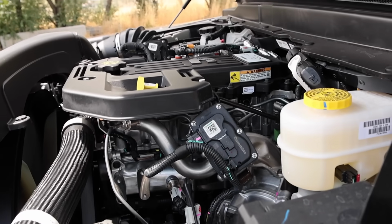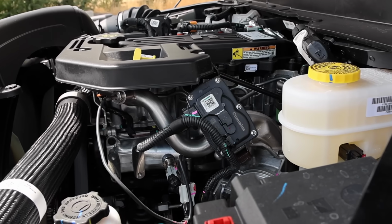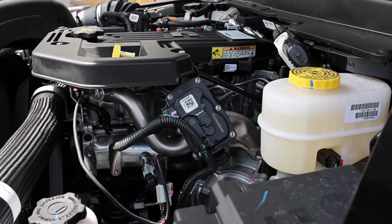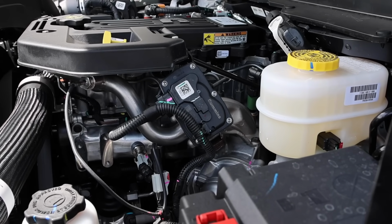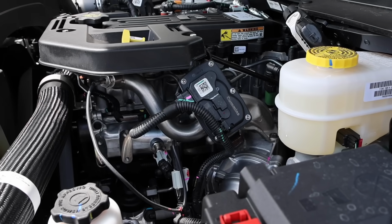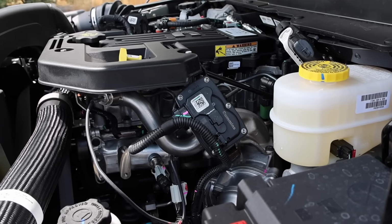Now this engine does have 430 horsepower, 1,075 pound-feet of torque, so it only went up 10 horsepower for this year. And they've done some updates to the engine, like the intake and exhaust valves are larger, performance intake manifold, no grid heater. I really do believe that the reason why this engine feels more responsive is, one, they have